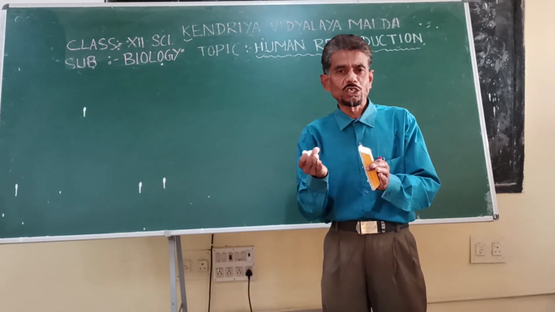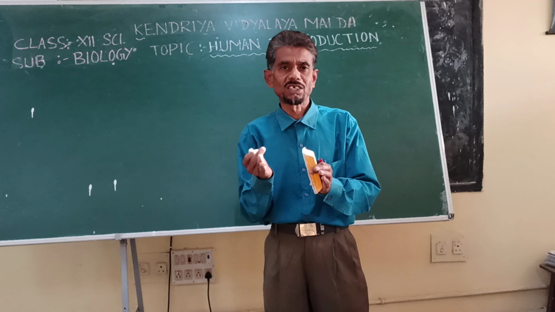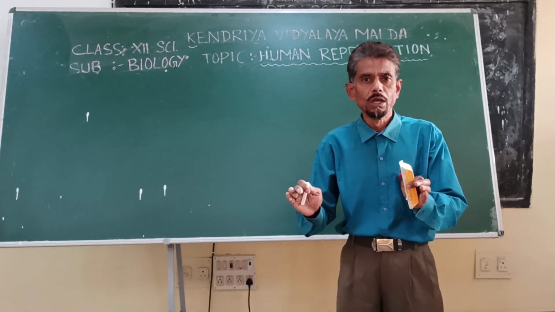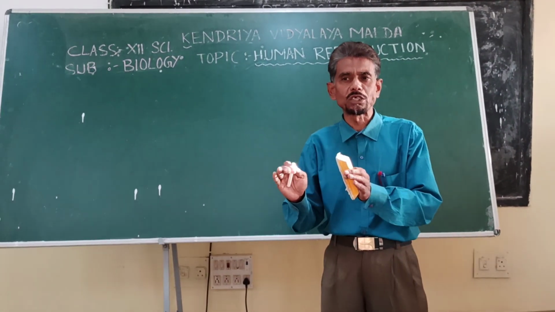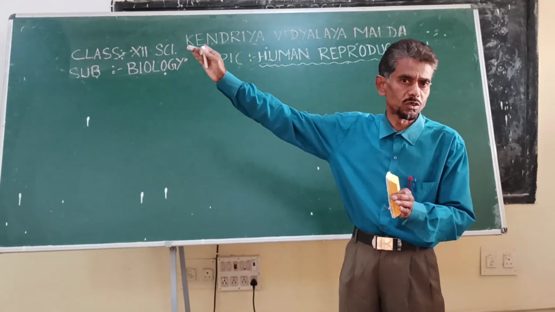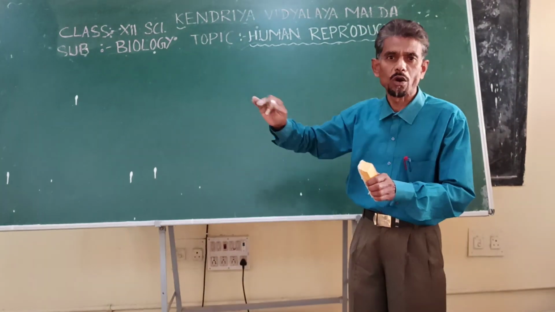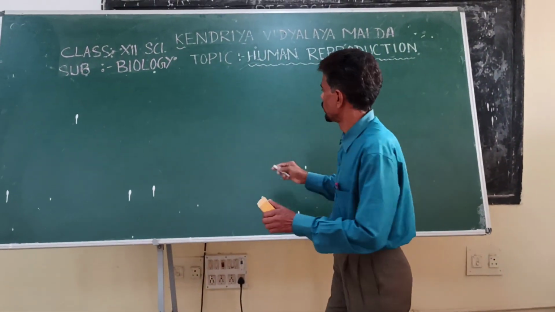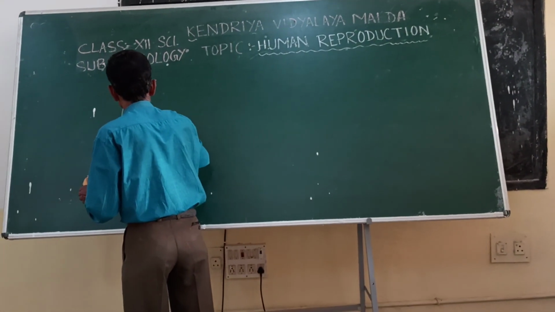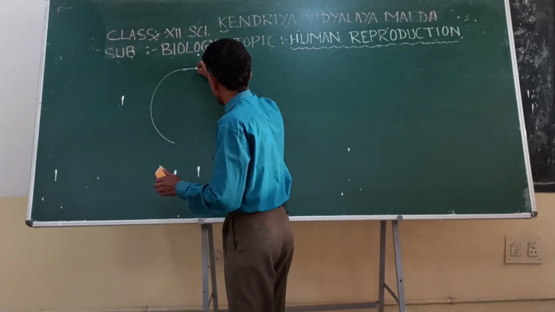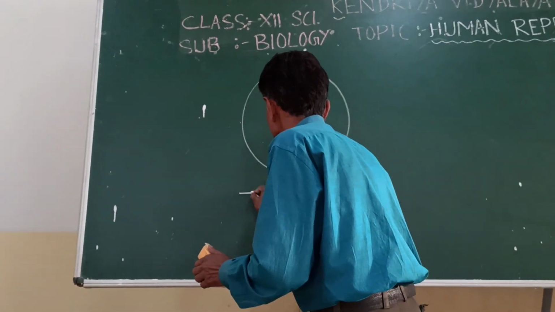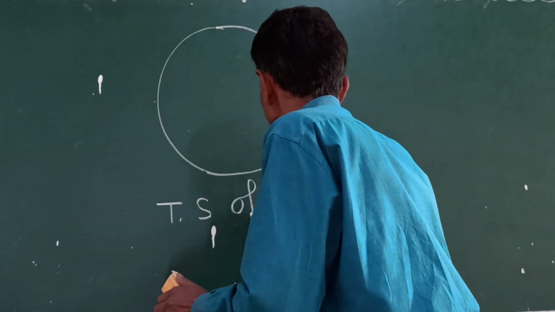take a section, TS, through testis, where you will see so many seminiferous tubules within the testicular lobe, and you will see the location of different cells from where the process of spermatogenesis starts. So let us draw a cross section or TS of testis. Suppose we have cut a transverse section, TS, of testis,